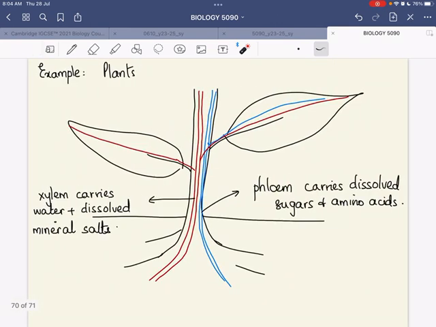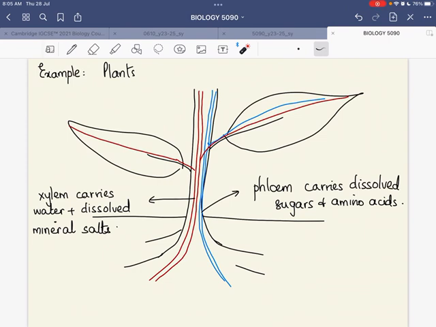Second example is the importance or the role of water in carrying water and dissolved mineral salts to various parts of the plant, and also carrying sugar and dissolved amino acids to various parts of the plants. Although I won't be going into each and every part of the plant right now, just to give you the feel of it, I would like to say that there are two vessels, or two tubes running